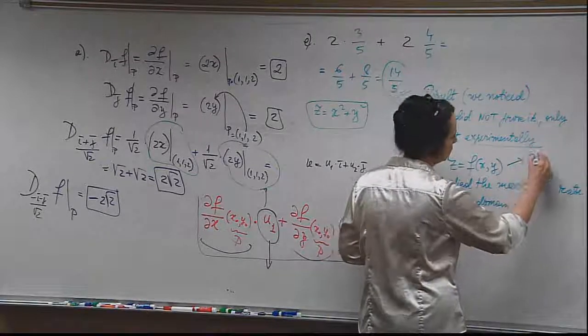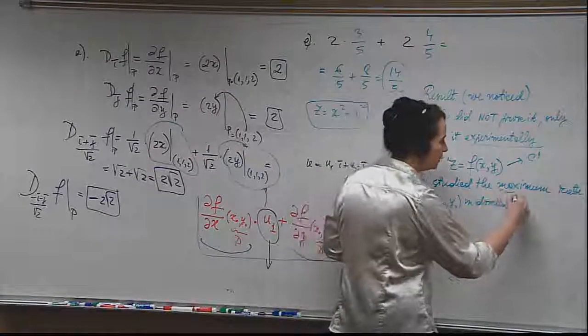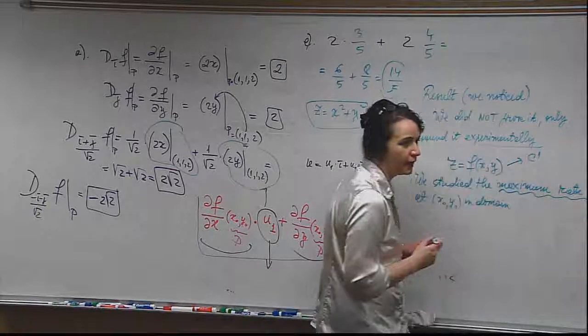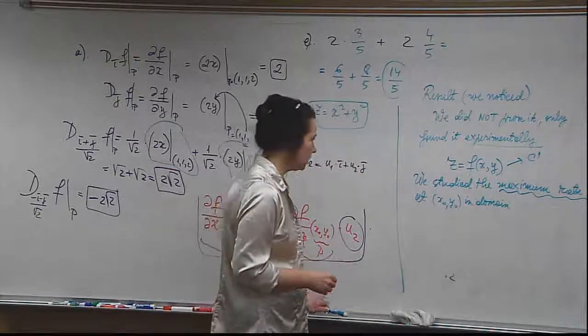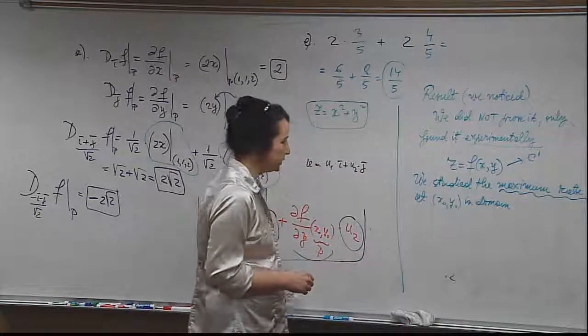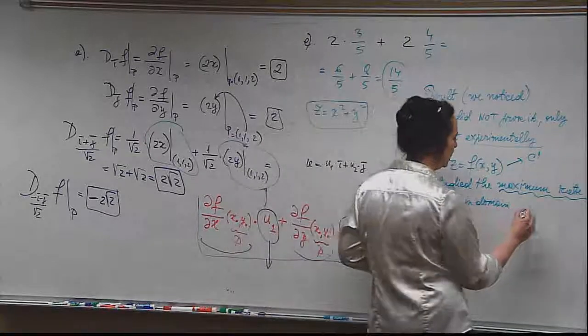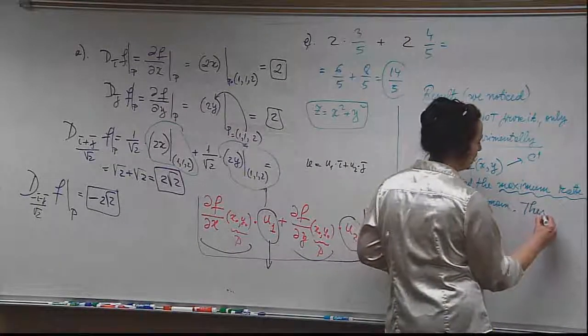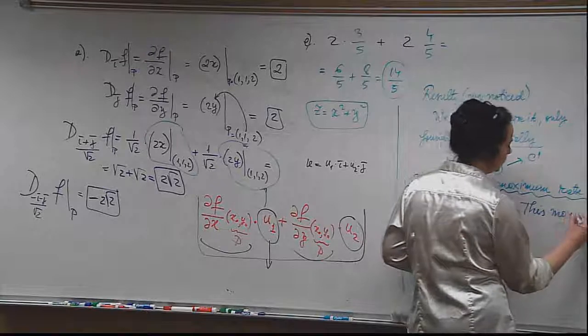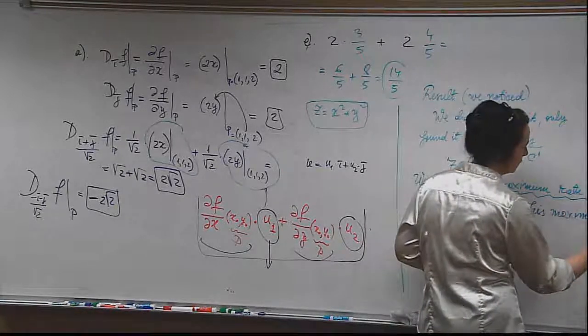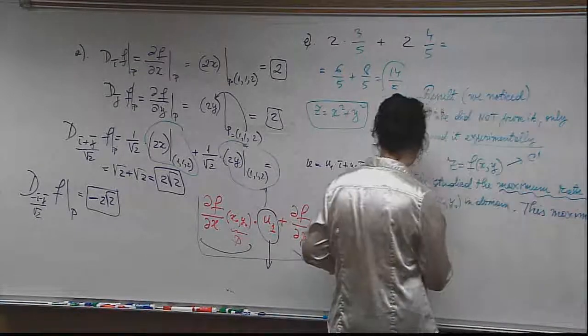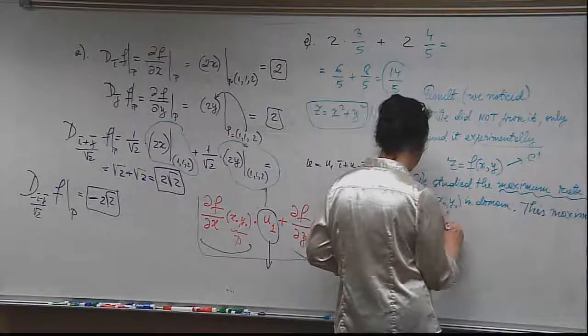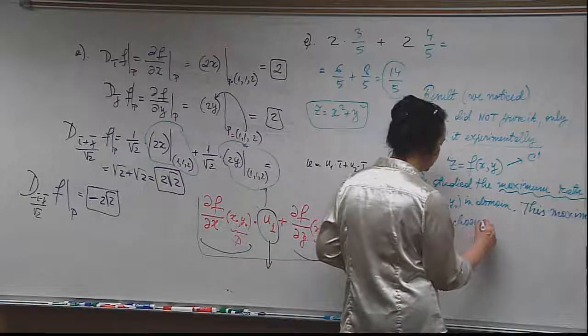Assuming this is a C1 function, the maximum rate of change was a magic thing. And you probably thought, what in the world is that? And we also said this maximum for the rate of change is always attained